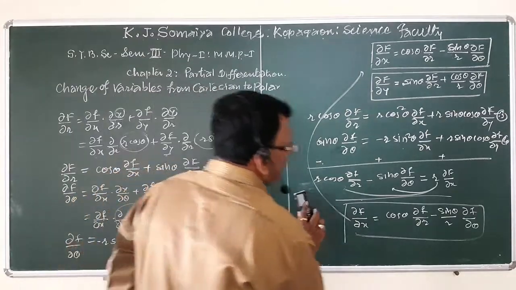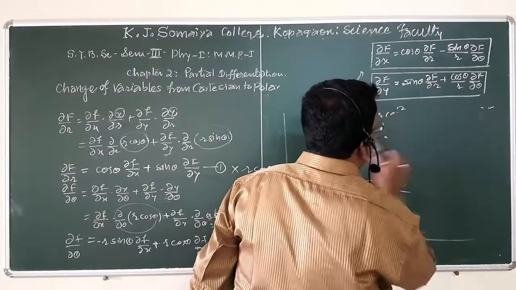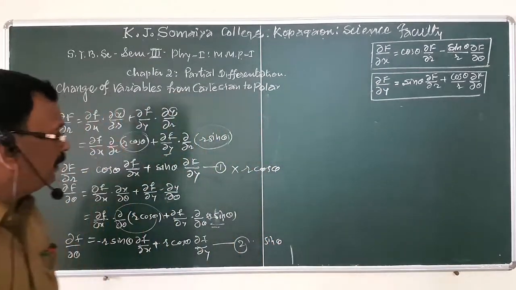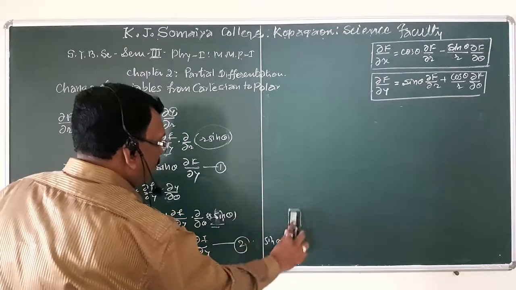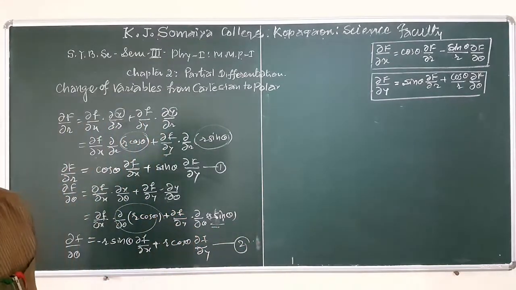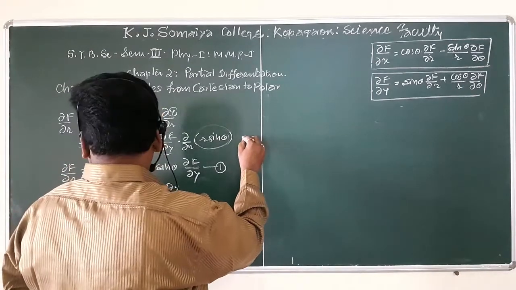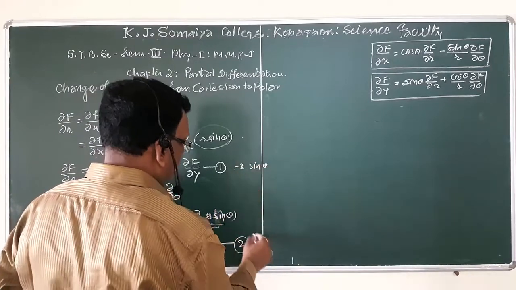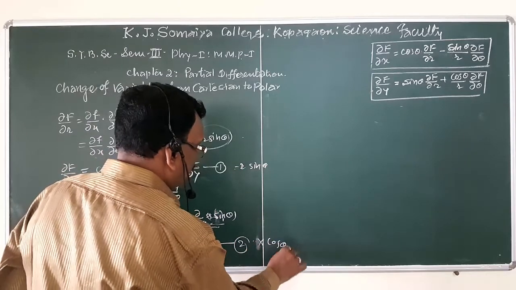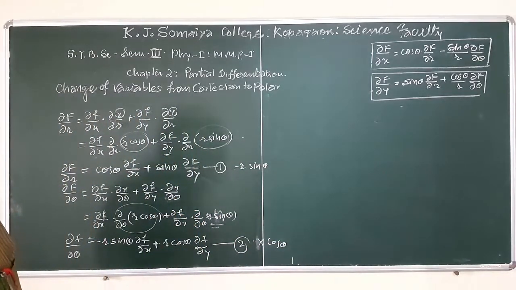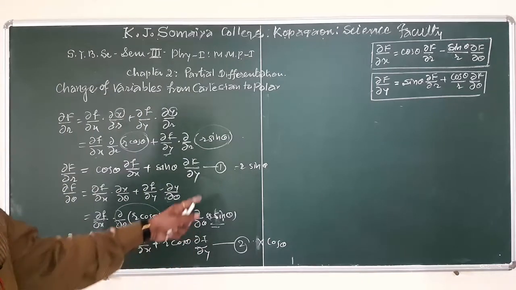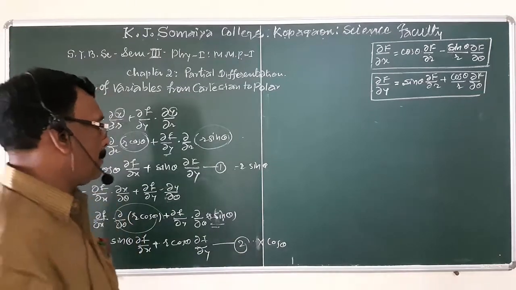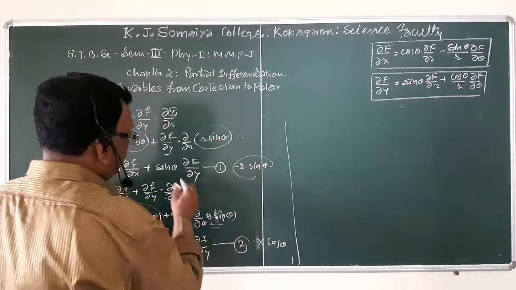Okay. Now in order to obtain the second relation, which is very important for change of variable from Cartesian to polar coordinates, again multiplying equation 1 by minus r sin θ and equation 2 by r cos θ. After the multiplication of these terms to these equations, we get